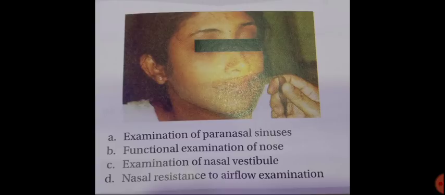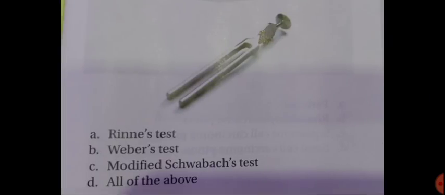Okay, so which test is being done here? This is just a functional examination of the nose called the cold spatula test. Here a tongue depressor is held just below the anterior nares of the patient, and the patient is asked to blow gently on it. The presence or absence of fogging due to exhaled air on the depressor will tell you which nostril is patent, or from which nostril air is coming out.